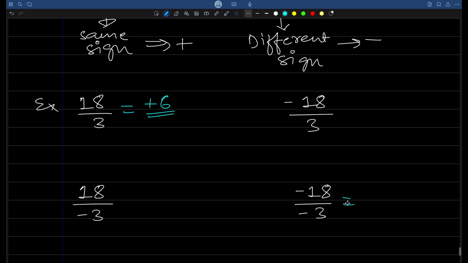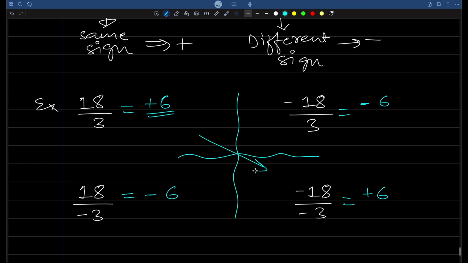We have both the signs minus, that is minus 18 divided by minus 3, so we have plus, that is minus into minus is plus, 18 divided by 3 is 6. We have minus 18 divided by 3, that is minus into plus is minus, 18 divided by 3 is 6, and we have 18 divided by minus 3, that is plus into minus is minus, 18 divided by 3 is 6. If we observe here,